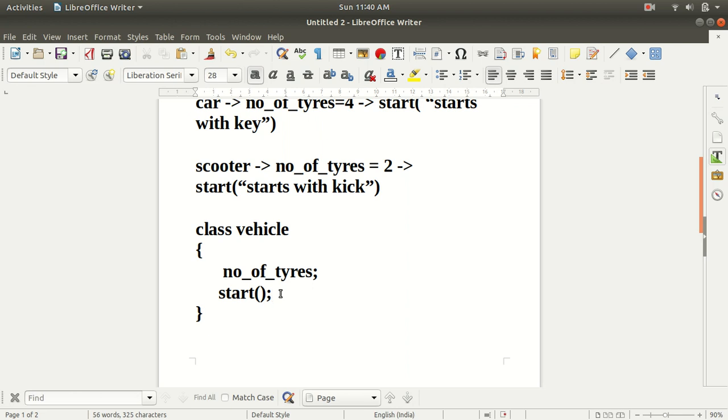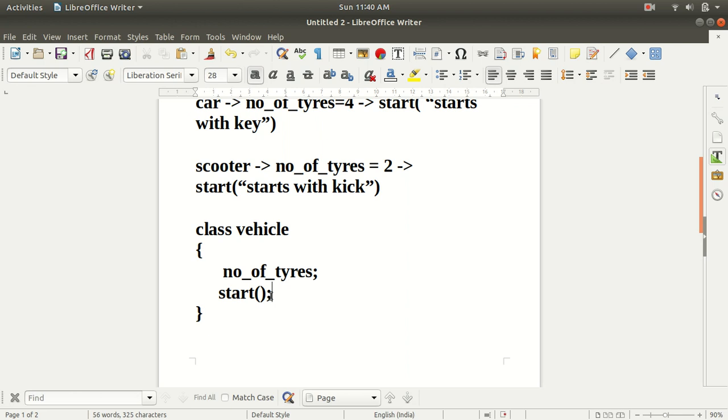So guys, here I am not implementing the method. You can see that I am only displaying the basic requirement or the services and hiding the backend implementation. I am only displaying the required thing, like it has a number of tires and it has a start method to start the vehicle, but I am not showing the implementation, like how the start method works and how the tires revolve.